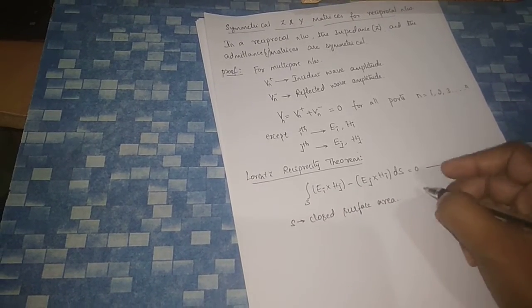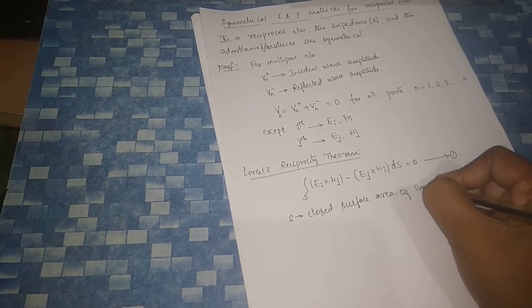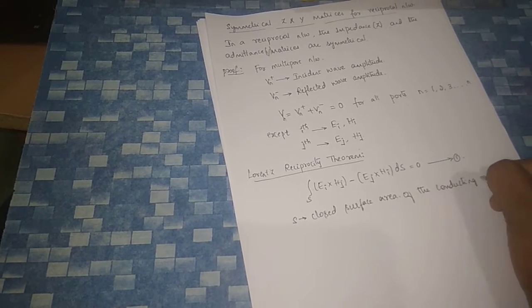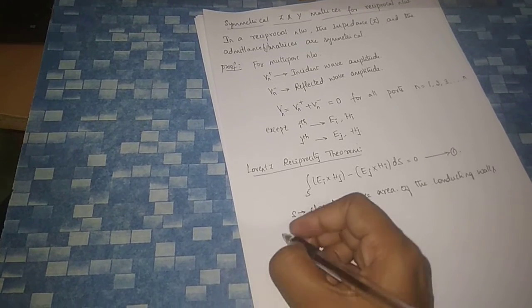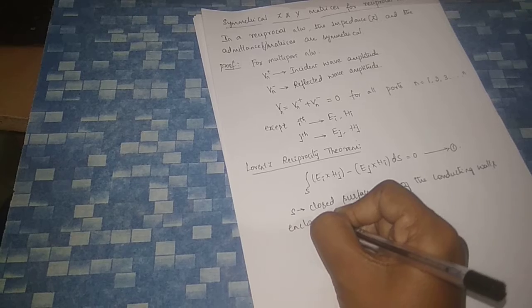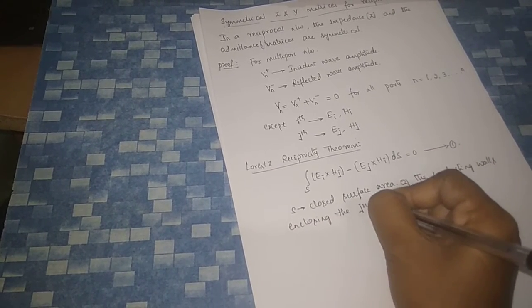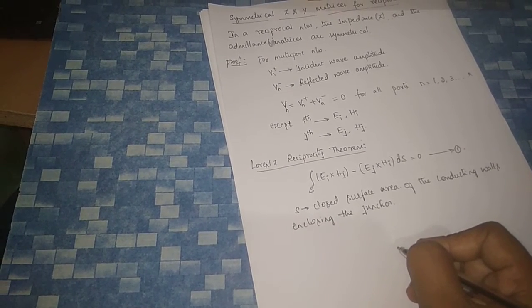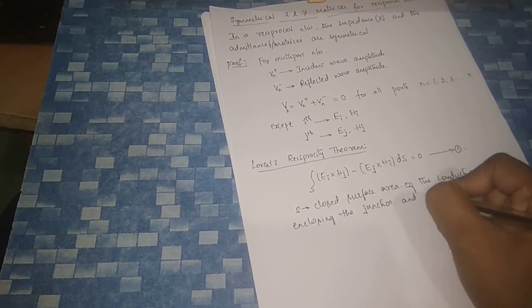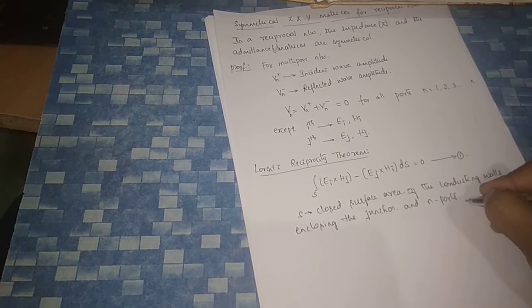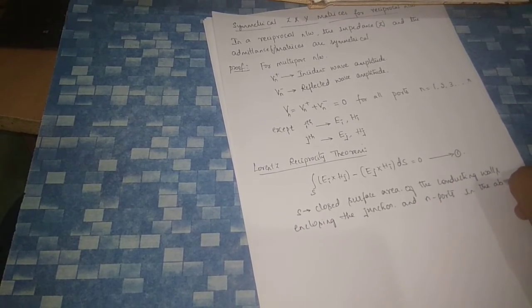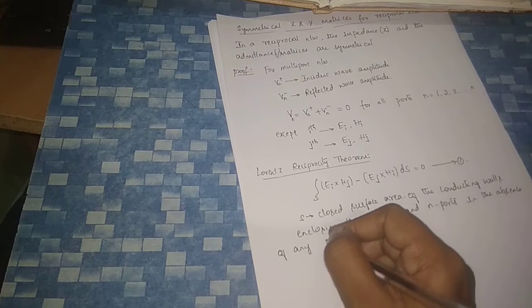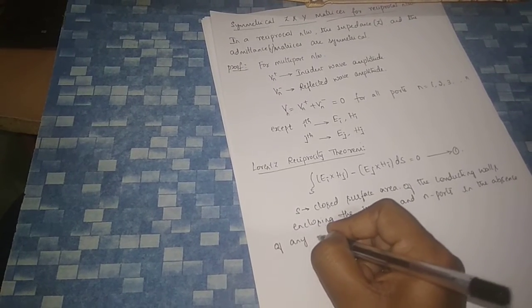This is nothing but S is your closed surface area of the conducting walls enclosing the junction and end ports, in the absence of any source,